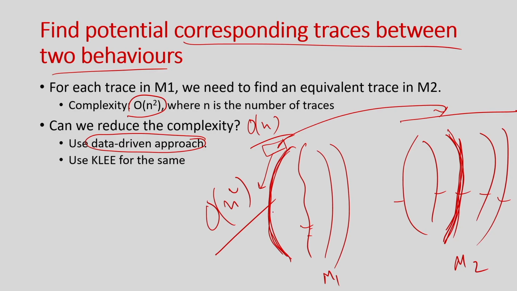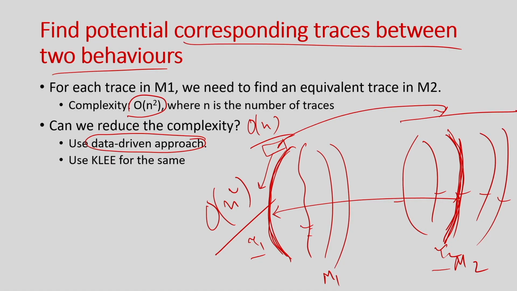I will say these two traces are potentially equivalent, right. So, now I do not have to compare with all traces. I will just take this trace tau 1 and this trace tau 2, and I will just check whether they are equivalent or not. If I find they are equivalent, then I will say yes, they are equivalent. If not, then I will say this program may not be equivalent. So, I am not comparing this with all n; rather, with the help of an input I identify directly the corresponding trace. And so, this order of n checking is gone. The overall complexity will now become order of n, not n square, right.